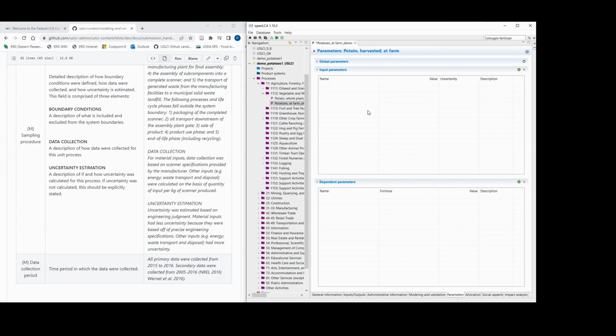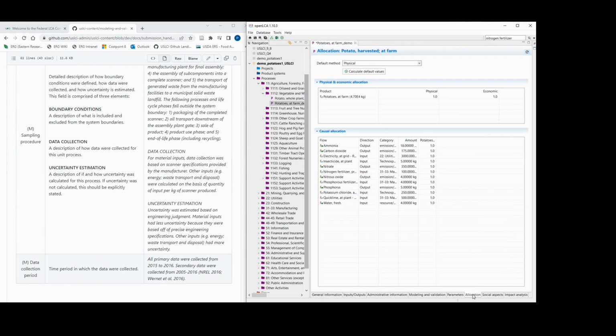One other thing to note on the parameters tab is that if you are exporting your data set from CIMA Pro, it is possible that your database parameters from CIMA Pro will be brought over into OpenLCA in this global parameters section. I know that there are some in there right now, so I don't want to show them, but the way to get rid of these is to export your data set, which we will be doing in just a second. But you want to export it as an Excel, go into the parameters tab in Excel and delete those, and then re-import it into OpenLCA.